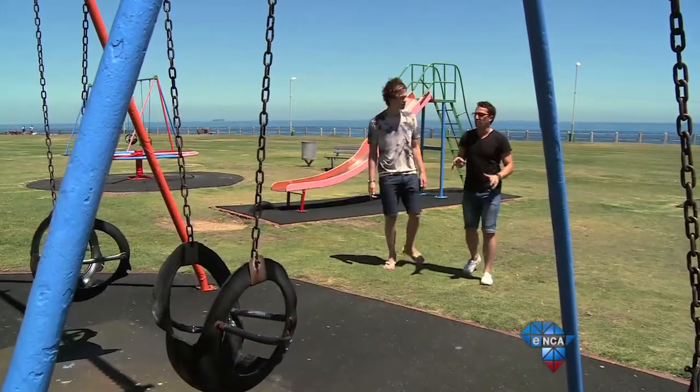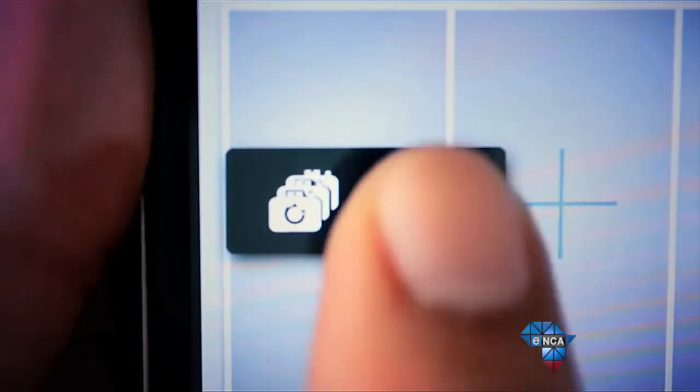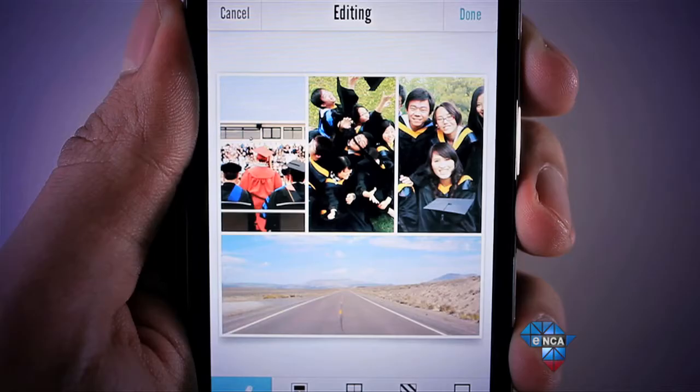I've seen you upload pictures that are a collage of a couple of images. Why would you do that, and what apps do you use to do it? I use Fuzel and PicStitch, and I use them because I want to maybe give a picture context by uploading a few photos in one, or it just might be funnier that way.